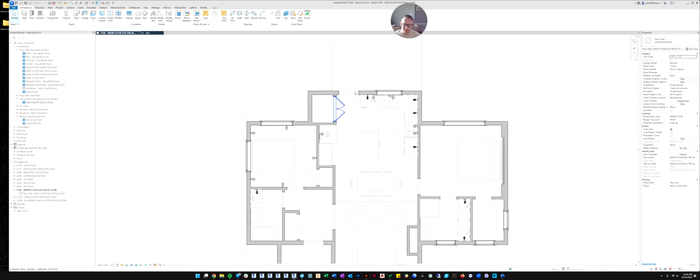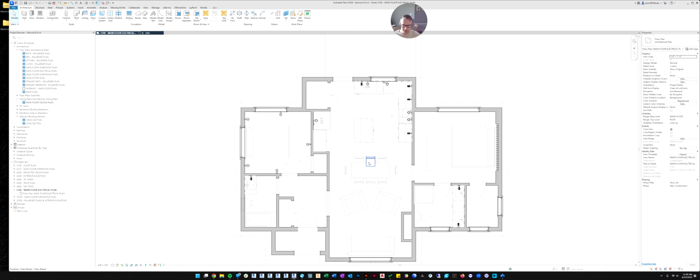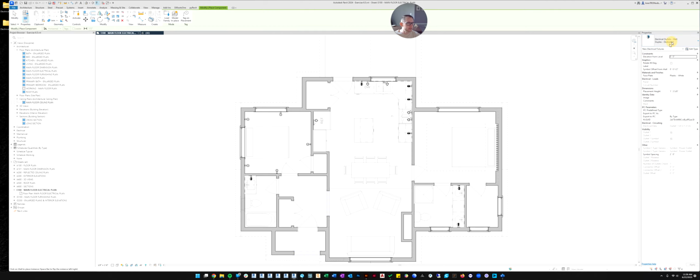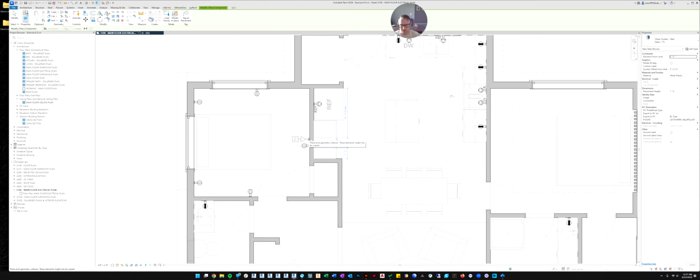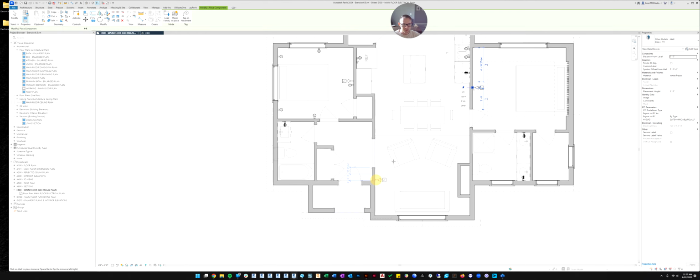All right, so that's electrical outlets. Now let's do the other outlets. So we'll go to component and let's type in other outlet. And again, you want to pick the one that says wall to let you know it's wall hosted. And now we have all our stuff. We have data and phone, data and TV. Let's do data and TV. So we want to put that in each room and in the living room.